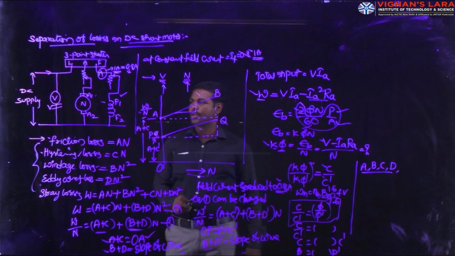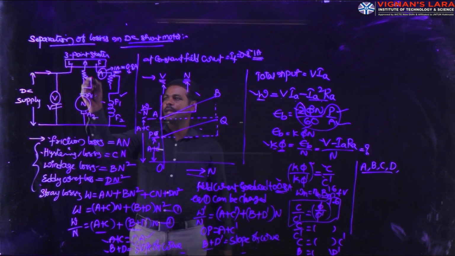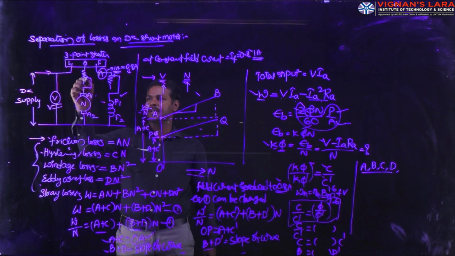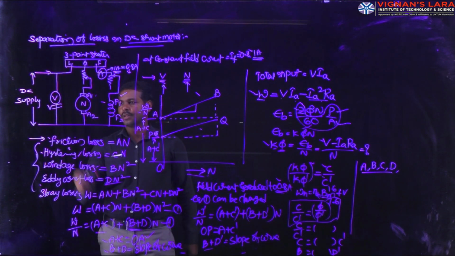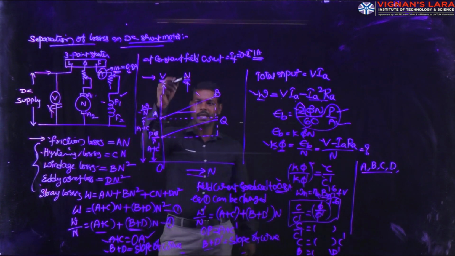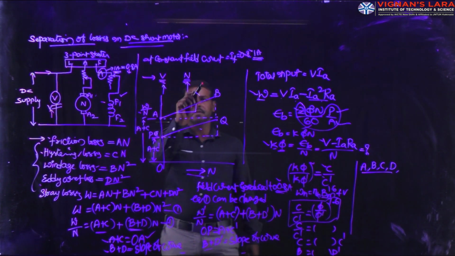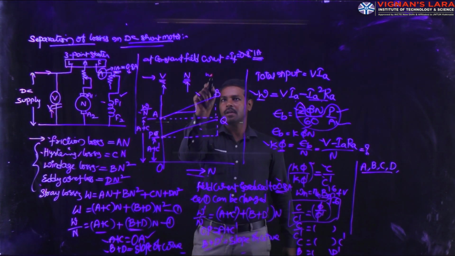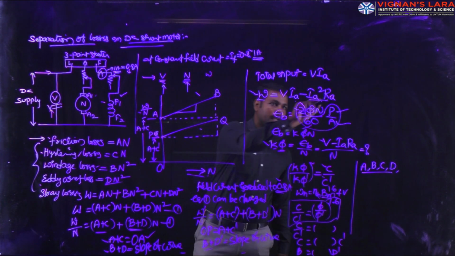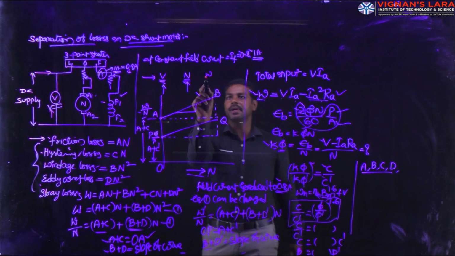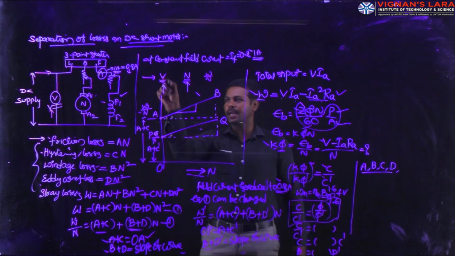Field current is equal to 1 ampere. So we can vary the field rheostat of the armature from maximum position to minimum position. So the corresponding voltage is increased, and the speed of the armature also increases. In this graph, W can be calculated by using this expression, and W divided by speed is also calculated.